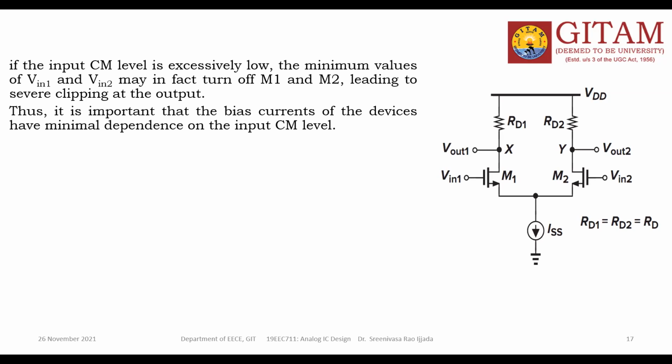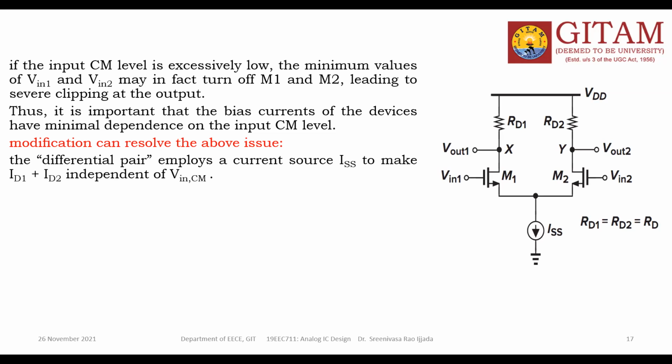So it is important to bias this one. This modification can resolve the problem. This is the modified circuit. Earlier, we didn't have this one. Without any current source, we just joined the two sources and grounded them. But now, what happens? Because we do not have any guarantee about the VCM, the common mode voltage, we are doing it like this.